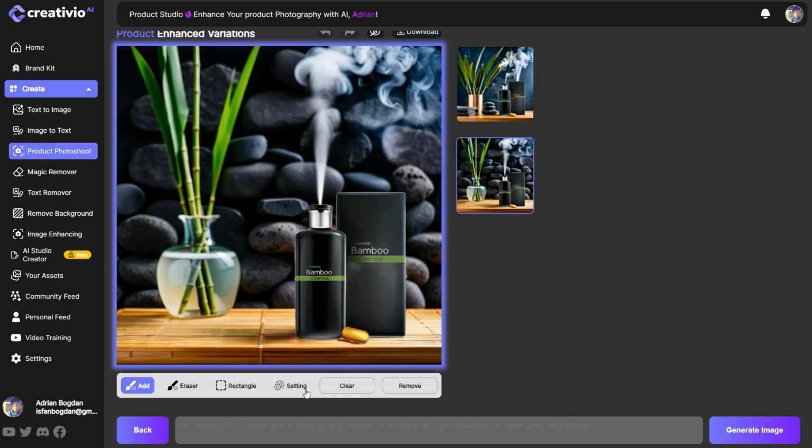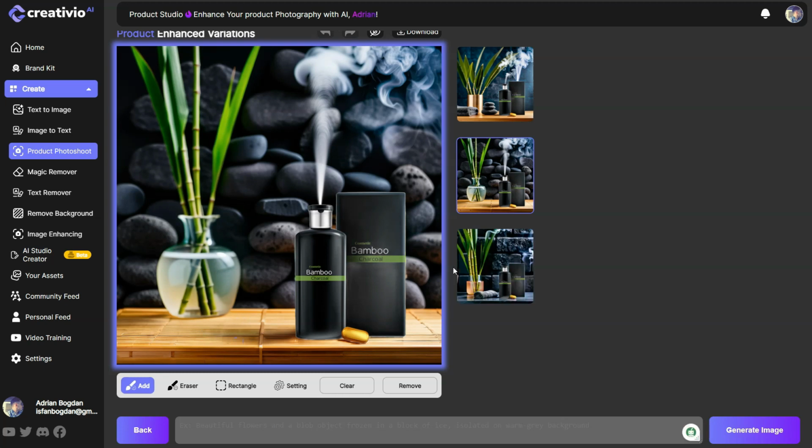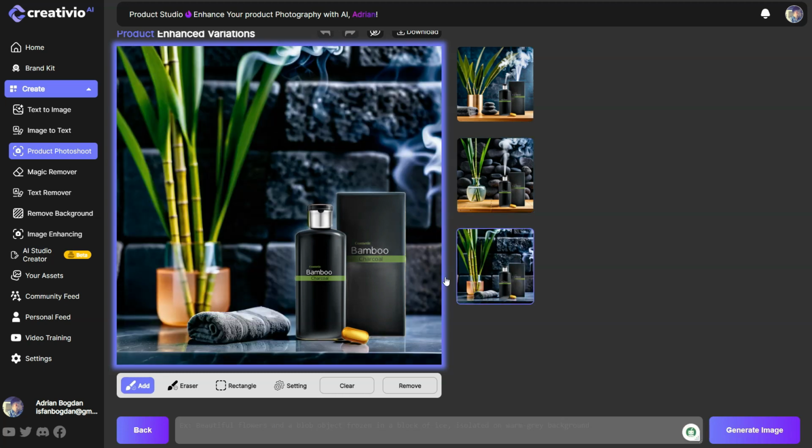You can remove things by using these settings over here. You can completely remove and change things over here. But what I'm going to do is place the prompt again and also add a couple more things. Let's say depth of field. Let's go ahead and generate another one and see what we get. Indeed, it did miss the charcoal, but the charcoal is in the back. It did miss the towel. It didn't add the towel, which is fine. We got it on the second generation, and look at that, guys. This is actually stunning product photography,